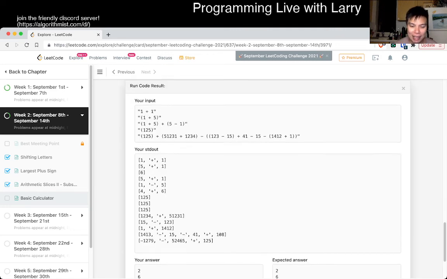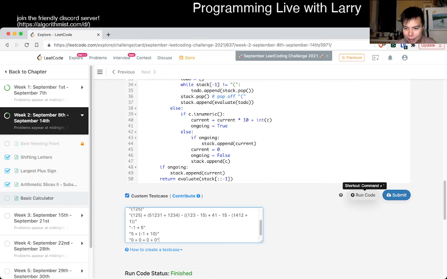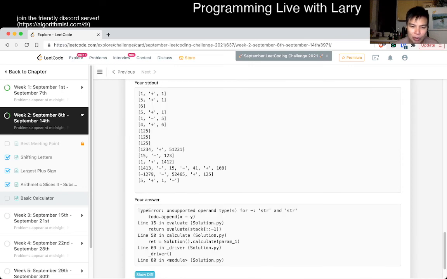Okay, so I have all this, but I don't have the one that is, let's just say, -1 plus 5, right? We don't have that. We don't have 5 plus -1 plus 10, but what I was thinking was actually we should also handle some zeros just in case I have some weird zero logic. Yeah. Okay, I suspect that this should be giving me an exception about parsing. Yep, because right now we count this as an operator, but